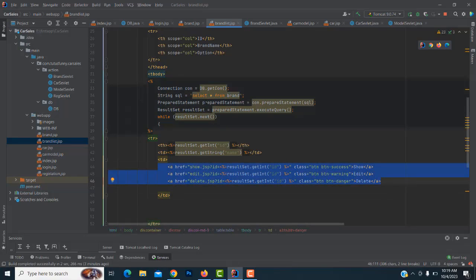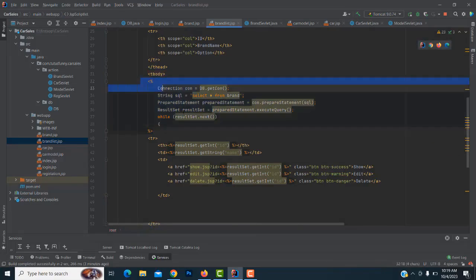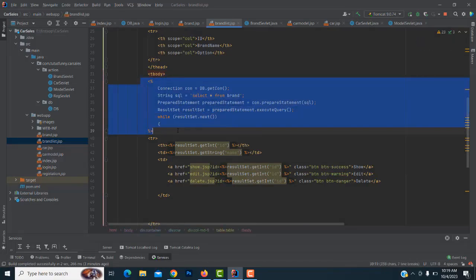In car model we are retrieving the data from the database and passing to the respective drop downs. That's the only thing we have to change. So what you're going to do is just copy this line of code snippet,